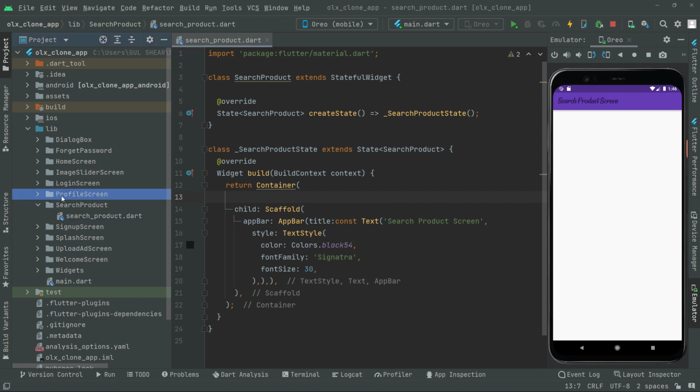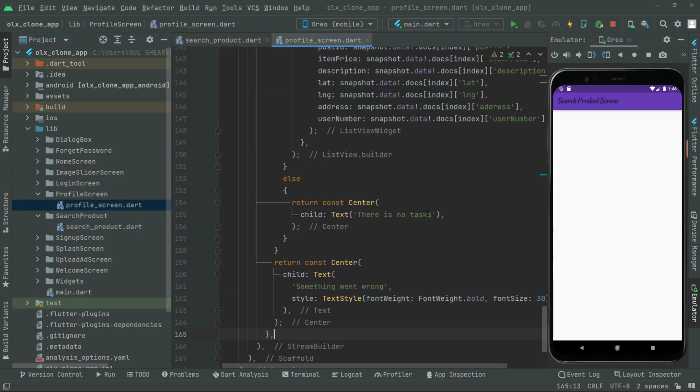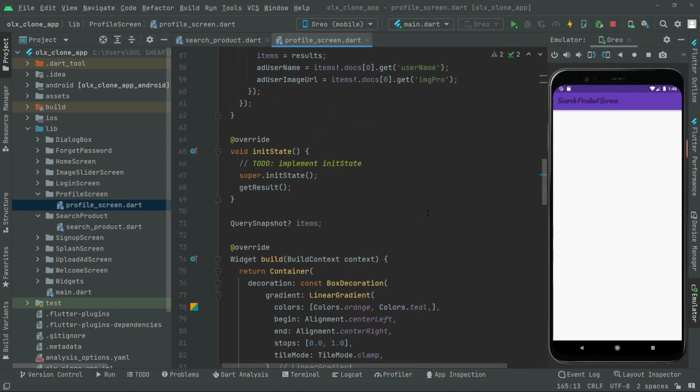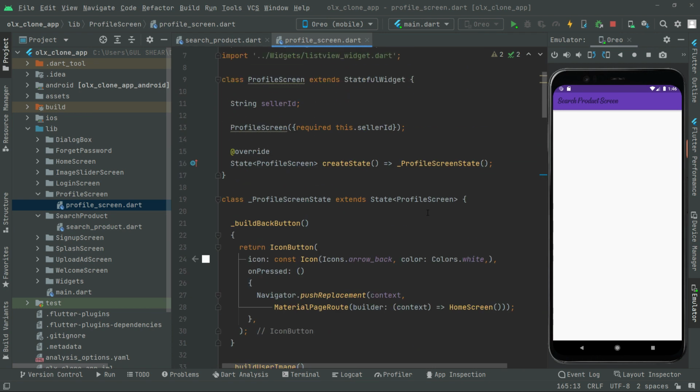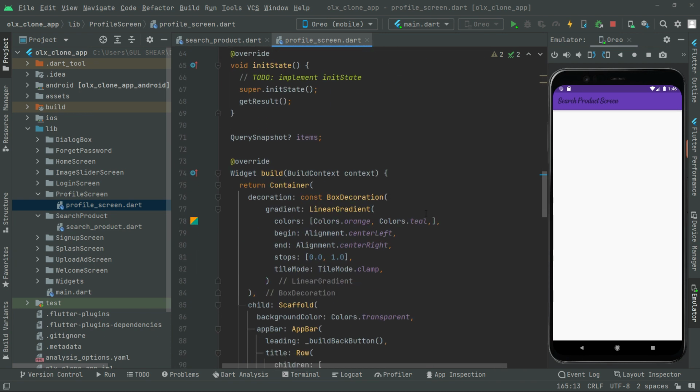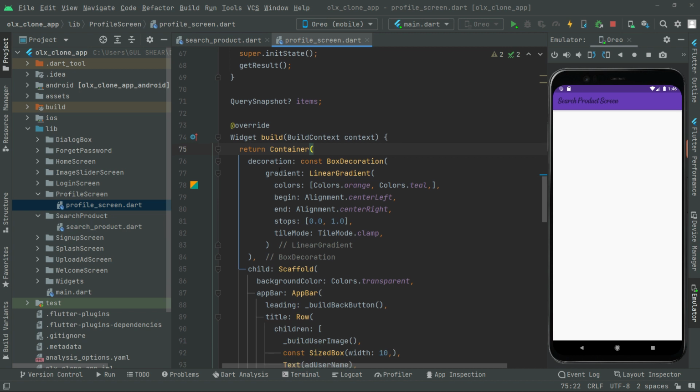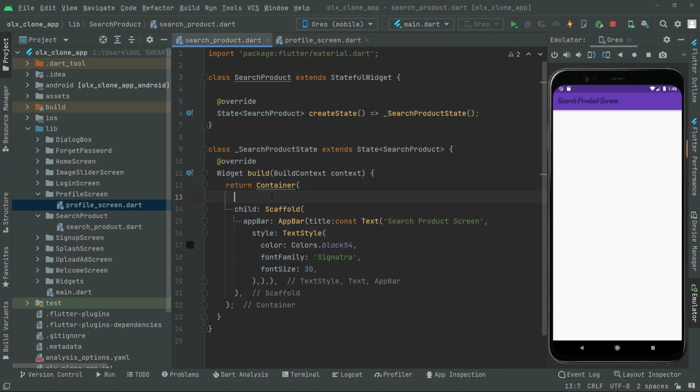So open that directory, go towards the profile screen, scroll up, and there, right in the widget build. Okay, widget build of the profile screen. In here you can see that decoration. So from here to here, simply copy that, go towards the search product dot in here right in this container,